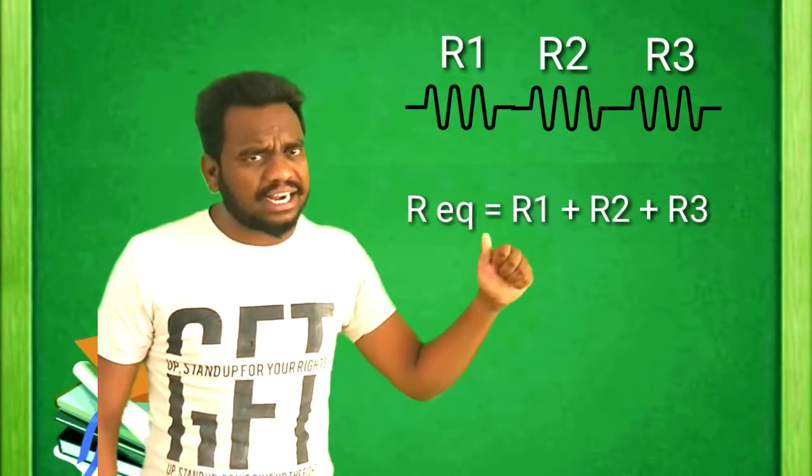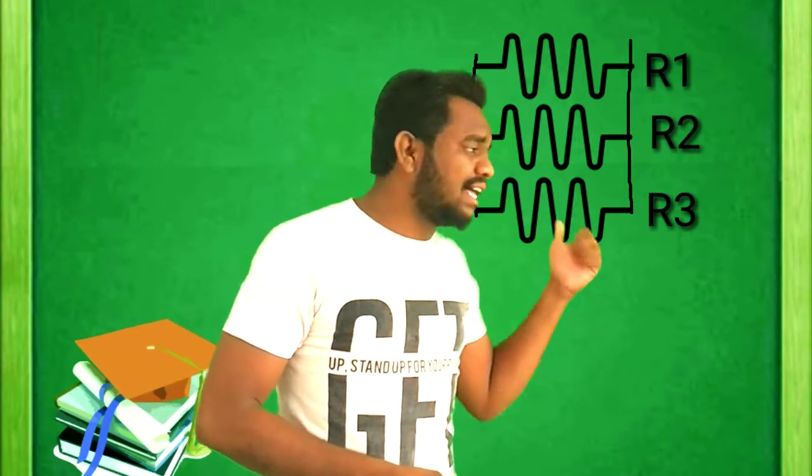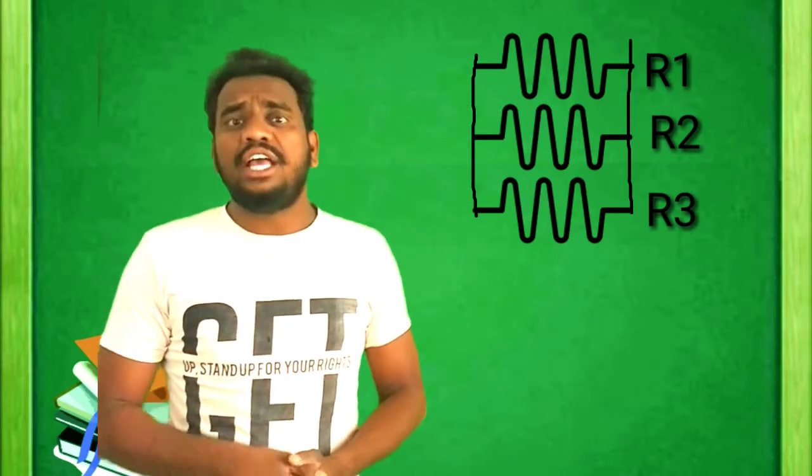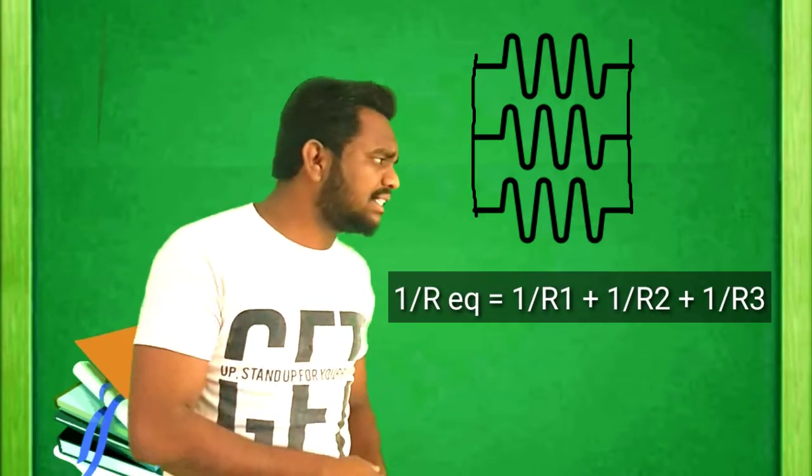Whereas if the resistors are connected in parallel, then the resultant resistance is given by the sum of the reciprocals of their resistances. That is, 1 by Req, the reciprocal of the resultant resistance, equals 1 by R1 plus 1 by R2